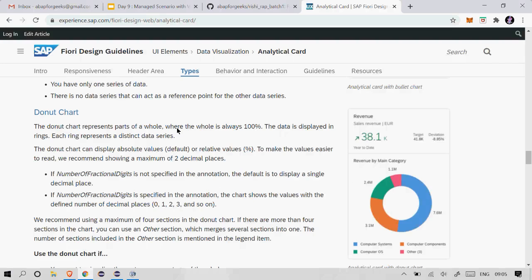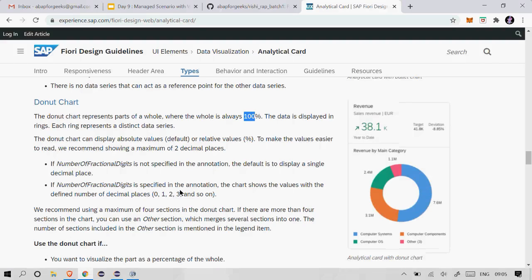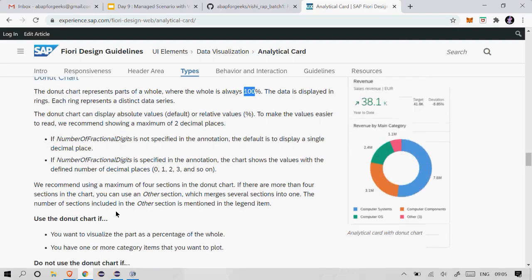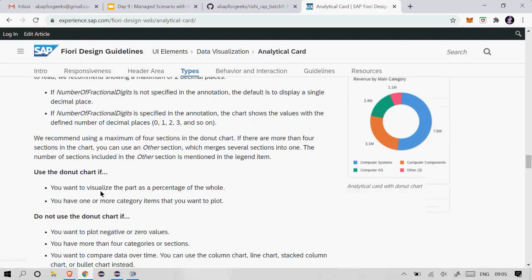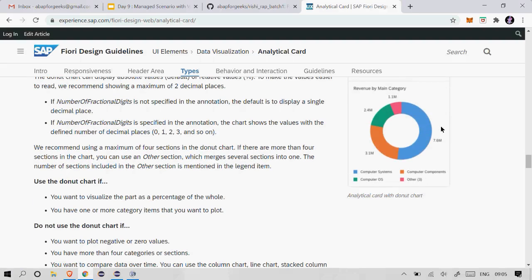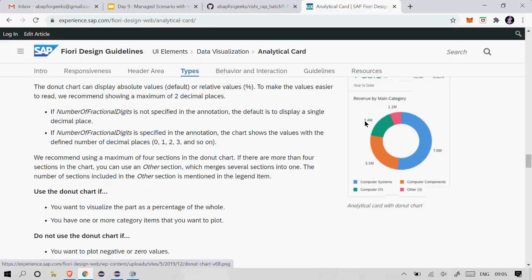The donut chart represents the parts of the whole, where the whole is always 100%. The data is displayed in rings. Donut chart can only display absolute values, like 2.4, 1.1, it cannot show other decimal places. The number of fractional digits is specified in the annotation. The chart shows values with a defined number of decimal places. Let's ignore this. Use the donut chart if, okay, this is important, if you want to visualize the parts as a percentage of the whole. Suppose here you can see